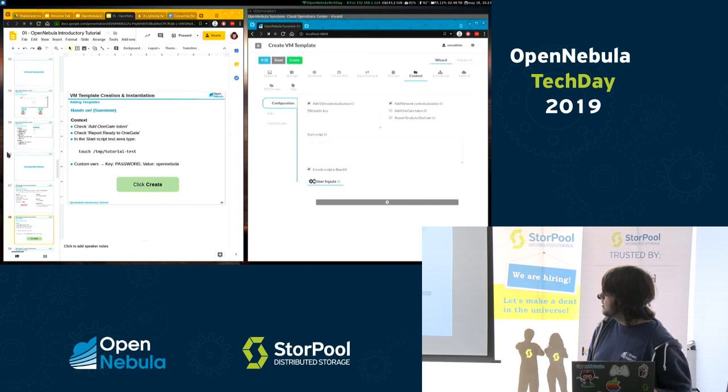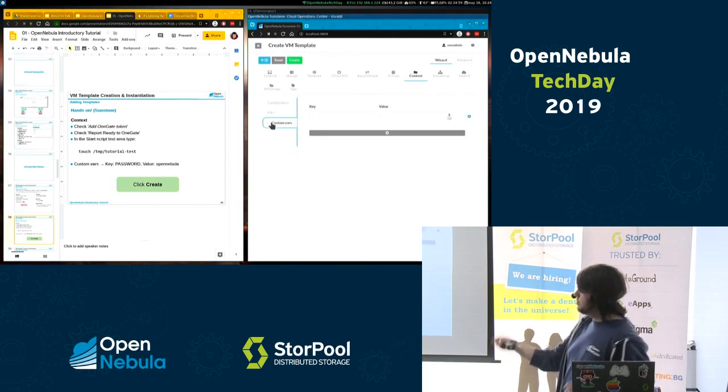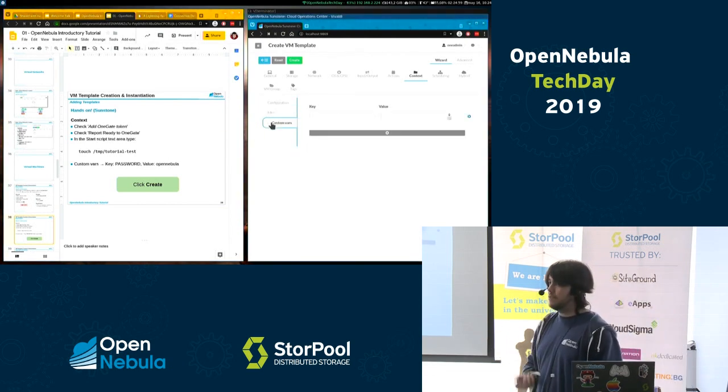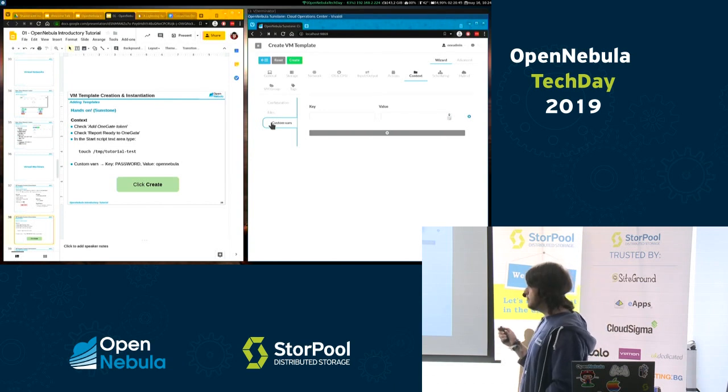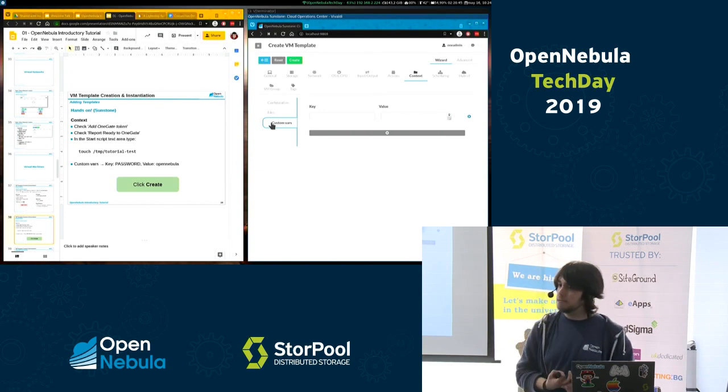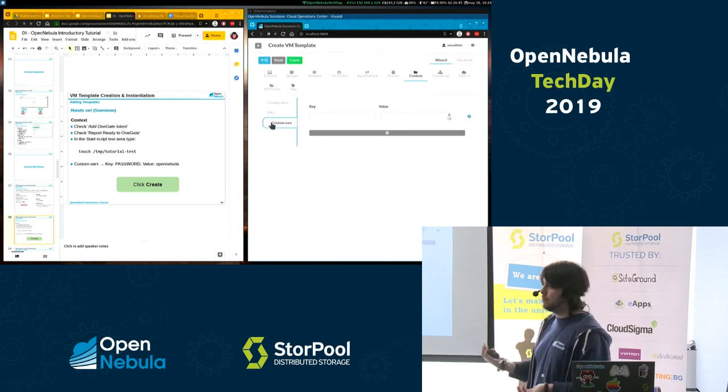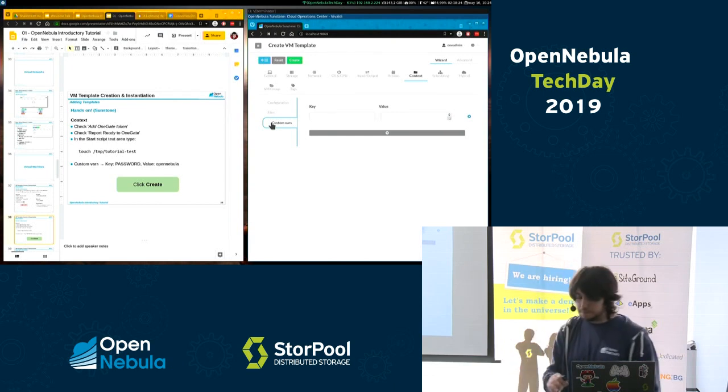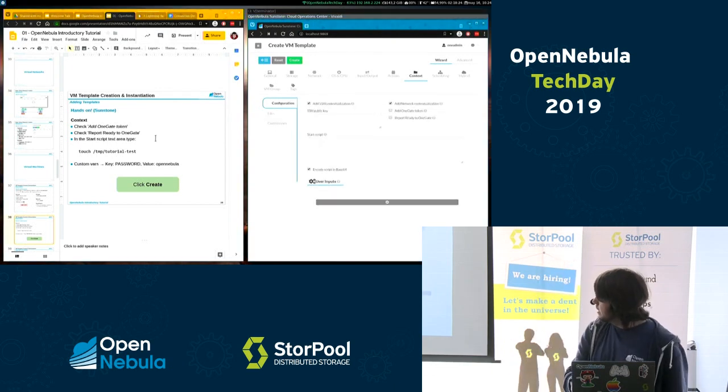And then we have the custom vars. These variables are used by the contextualization scripts again. So in our case, we are going to put the key PASSWORD and the value opennebula. This will make the root account password be opennebula. So it will configure automatically. And finally,